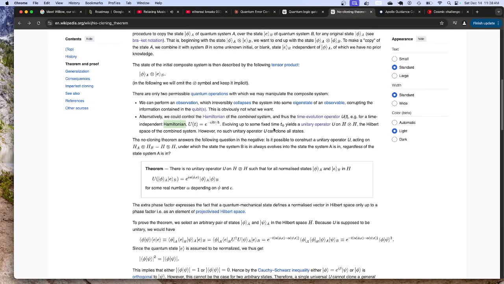Evolving up to some fixed time t0 yields a unitary operator U on the Hilbert space of the combined system. However, no such unitary operator can clone all states. So this is what I'm not getting now. It answers the following question in the negative: is it possible to construct a unitary operator acting on... Okay, so what is this? The Hilbert space of A over B equals H tensor H. So,